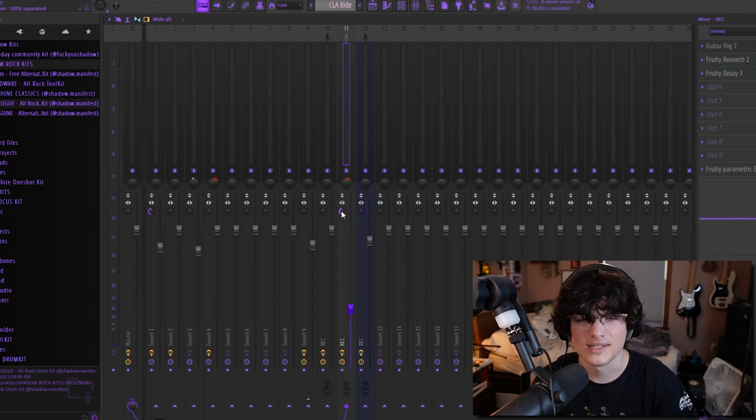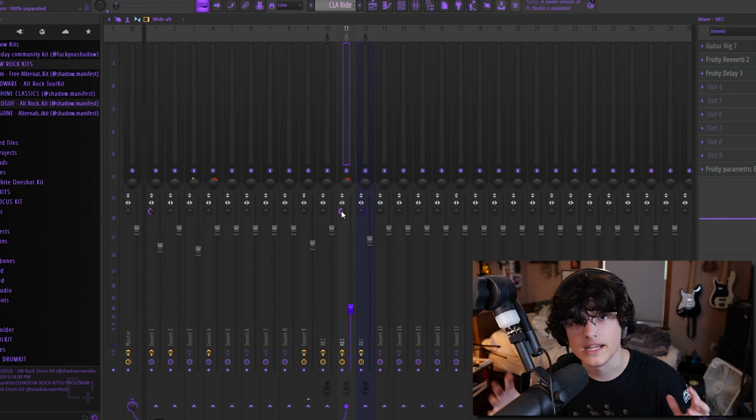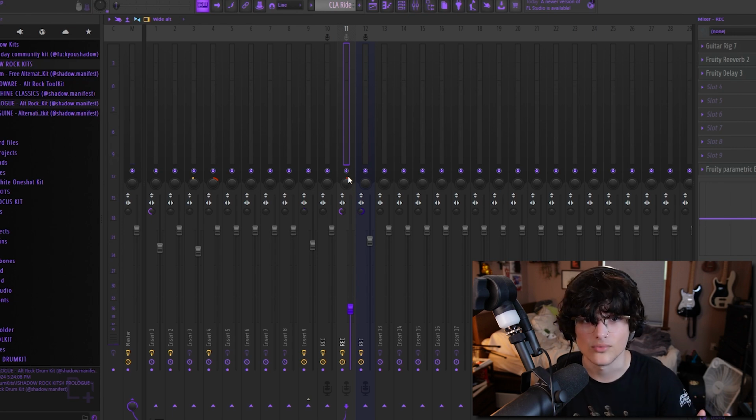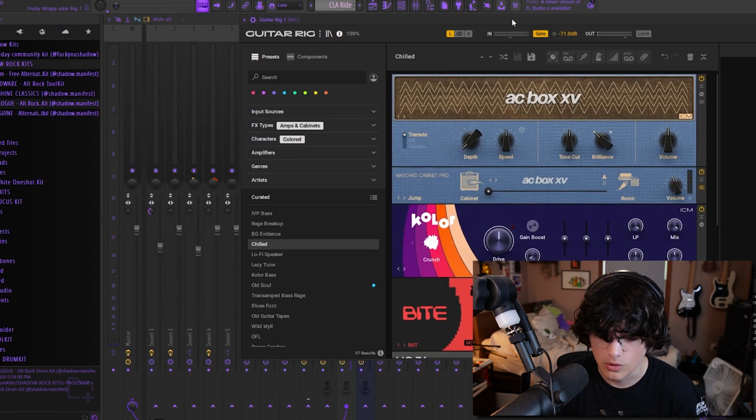So it wasn't uncommon to hear all the guitar panned to the left, all the bass panned to the right, drums somewhere in the middle. You can really experiment with that however you like, but I wanted the lead to be panned a little bit to the right. And then the tone for this guitar lead, which again is also very warm and ambient,